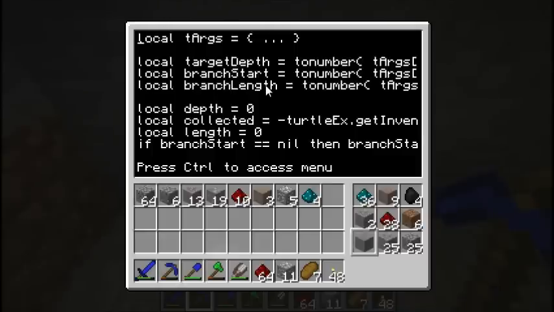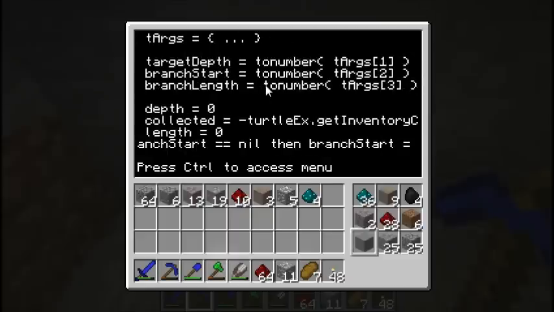Back to the start of the program. So here's my branch program. It's just the starter args. The arg1 is the target depth. That's relative to you, wherever it starts. The branch is which number branch from the center to start out with. That is there primarily because when you stop,